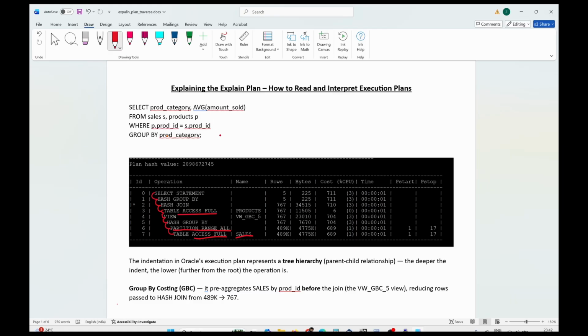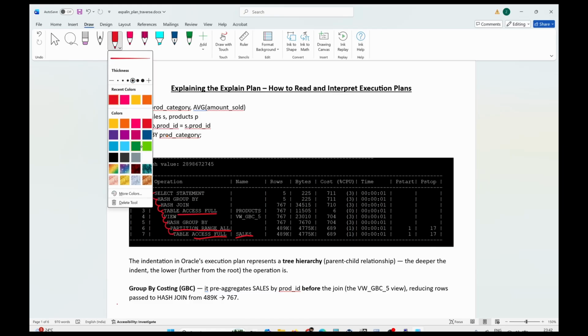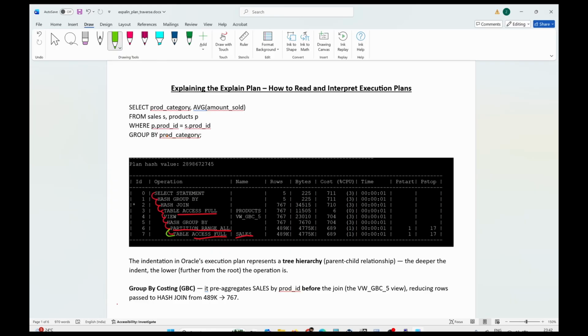Time id is the column on which these partitions are created, and there is no filter on the time id, so it is accessing all partitions. Table access full is processed from here to here, then partition range, and the hash group by is done,